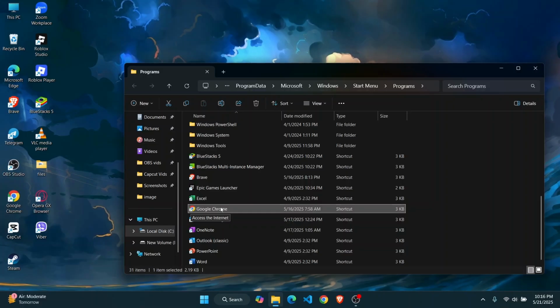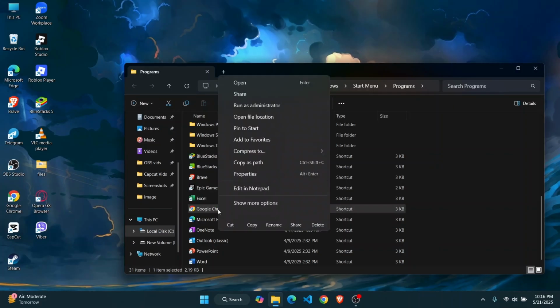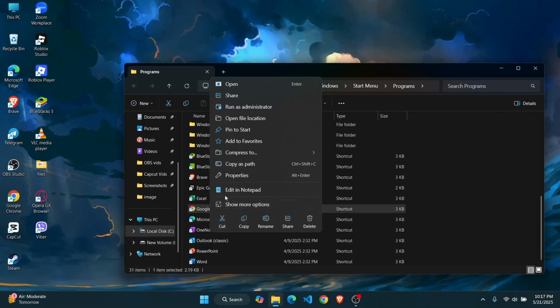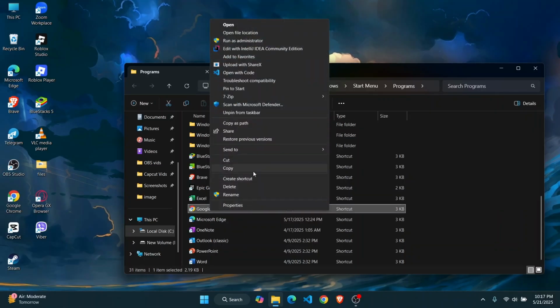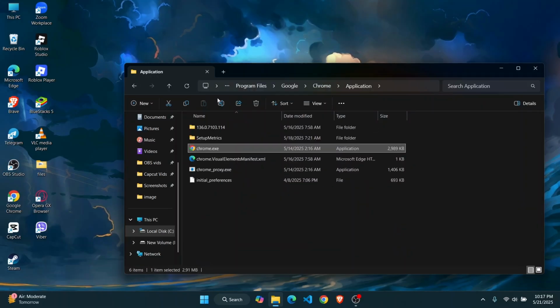So you're going to have to head over to its real Chrome. So right click on it again. And then from here, go ahead and go to file location. So click on more options and then simply click on go to file location. So I'm just going to click on open file location here, and it will take you to this page where